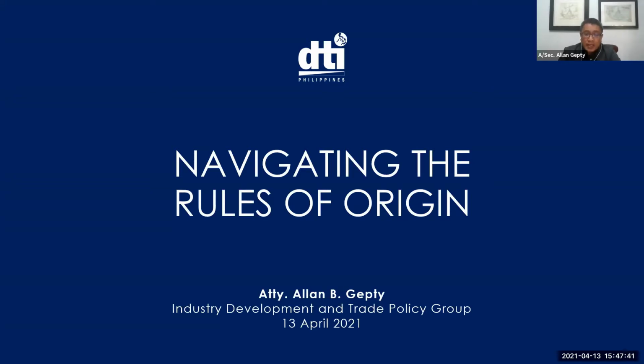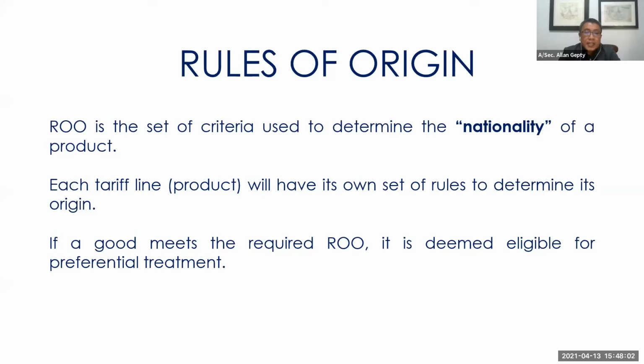Now, take note that having an FTA with a trading partner and securing a market access is not automatic. There are certain rules that have to be complied with before you can enjoy these benefits. Because if there is no compliance, then the market access that we have secured is nothing, or I would say ineffective. And for you to enjoy that market access, it's important for us to understand the rules of origin. Now, what are the rules of origin?